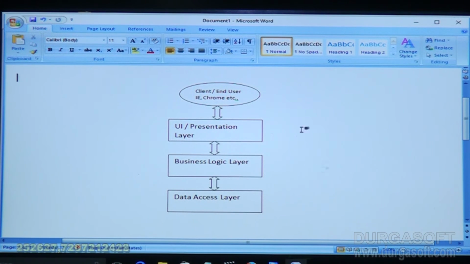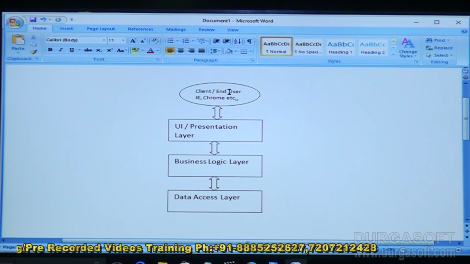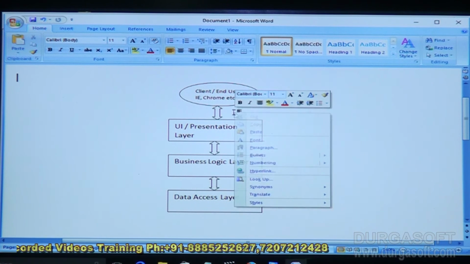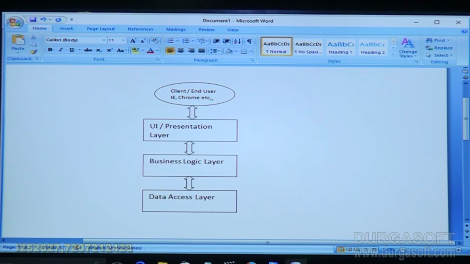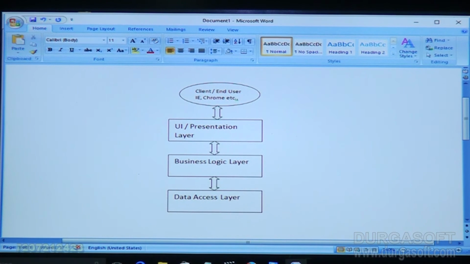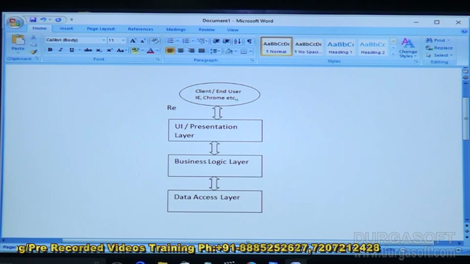A client or end user sitting at home, connected to internet, launches a browser, IE or Chrome, etc. Request for a page. The first request